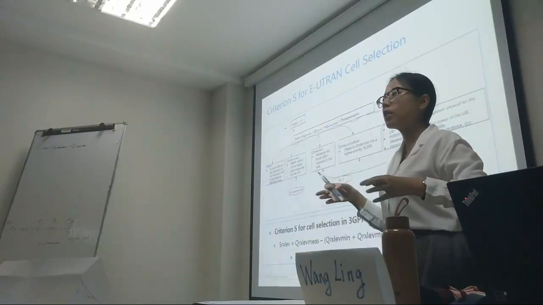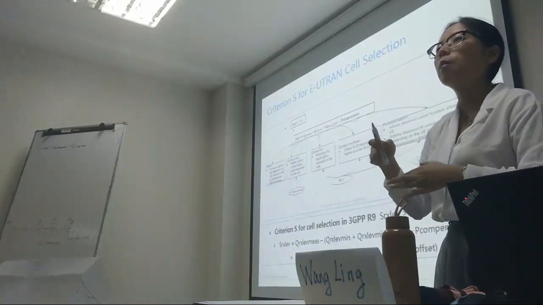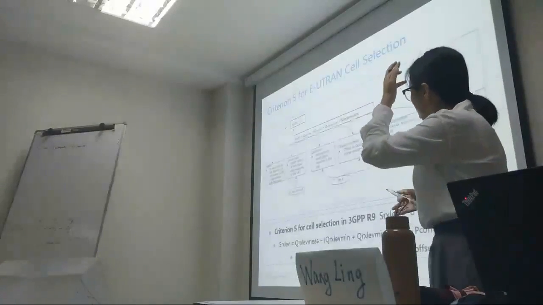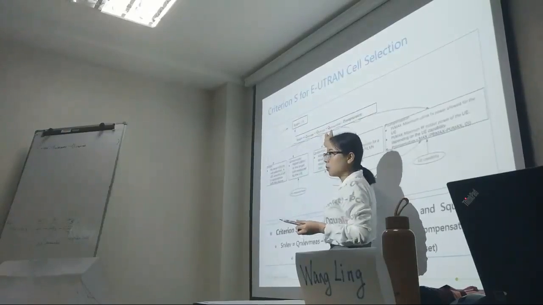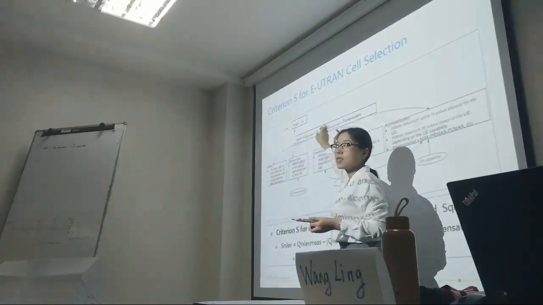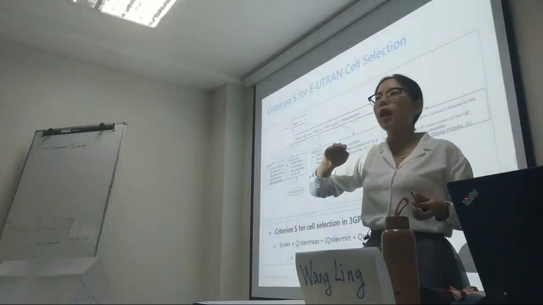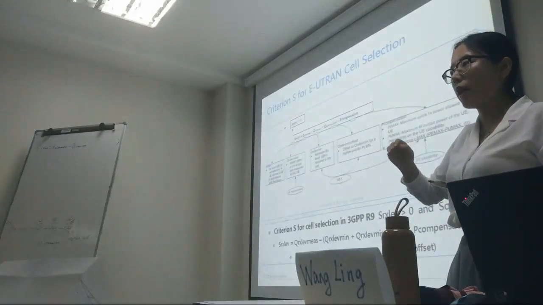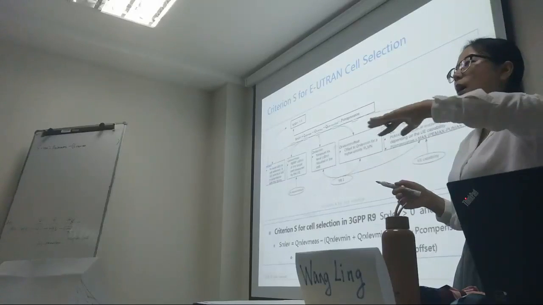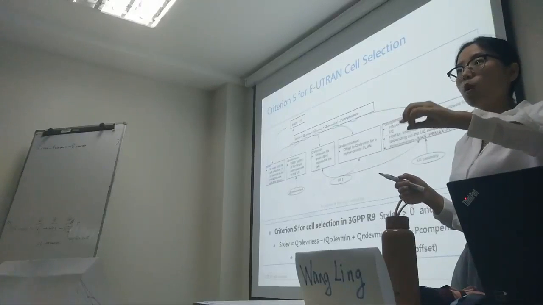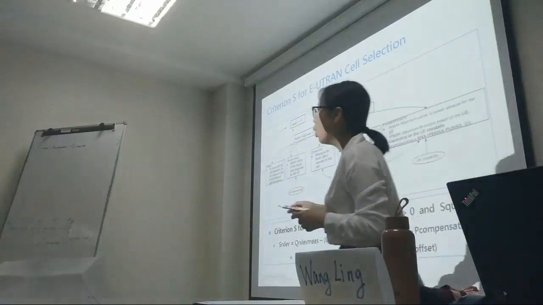But because in our network we have different PLMNs, sometimes it will give compensation to the higher priority PLMN. If there is a high priority PLMN, this threshold will be lower. So we will give